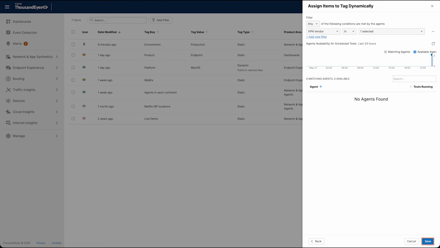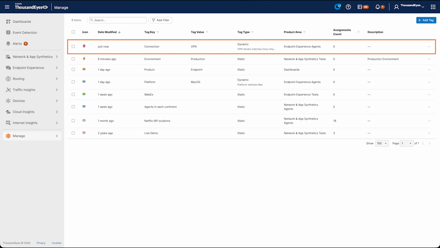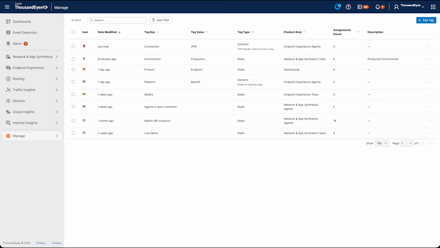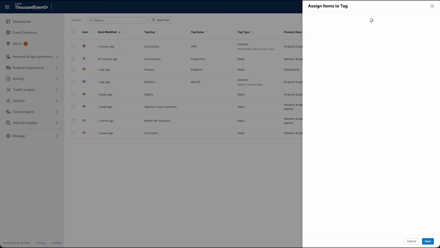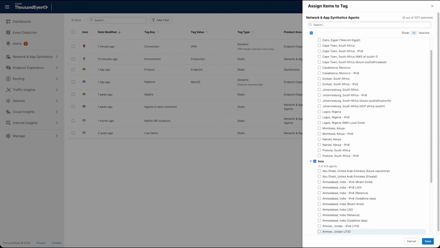When the rule looks right, click Save. Back in the tags list, the new entry shows up with a tag type of dynamic and a short summary of the rule so you can tell at a glance how it's being applied. From this point on, ThousandEyes evaluates active endpoint agents continuously and keeps the tag assignments in sync. There are two ways to assign a tag. First, from the tags workspace, click the three-dot menu next to your tag and select Manage Assigned Items. In the dialog that opens, select the tests, agents, or dashboards you want to associate with the tag, then click